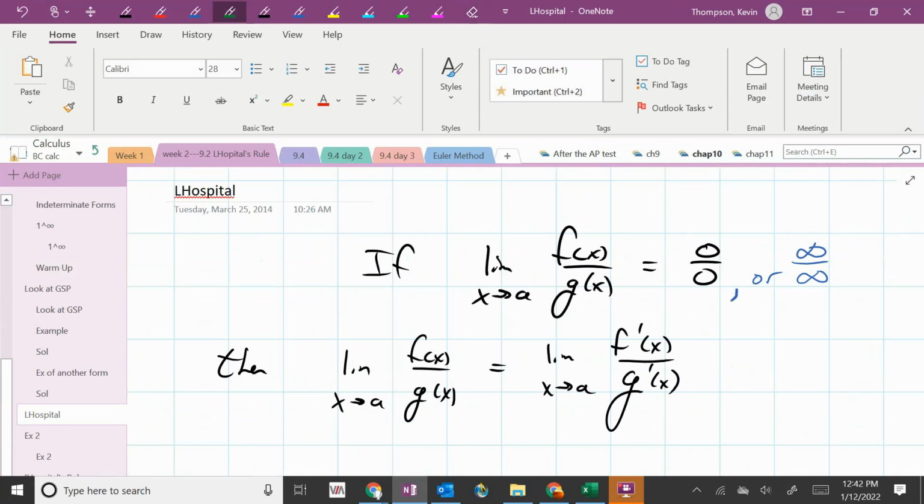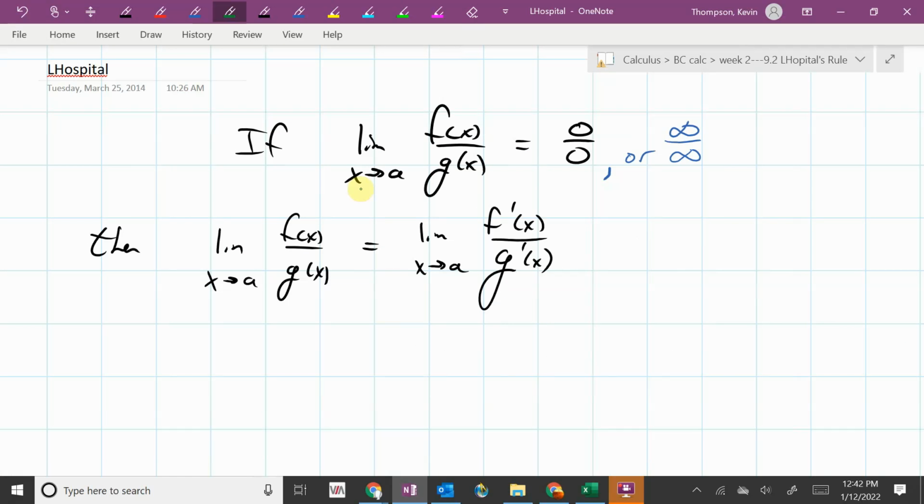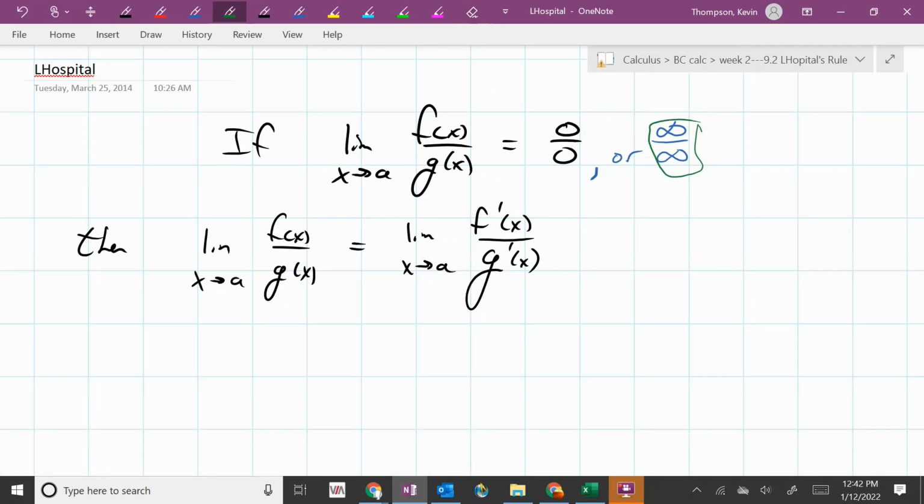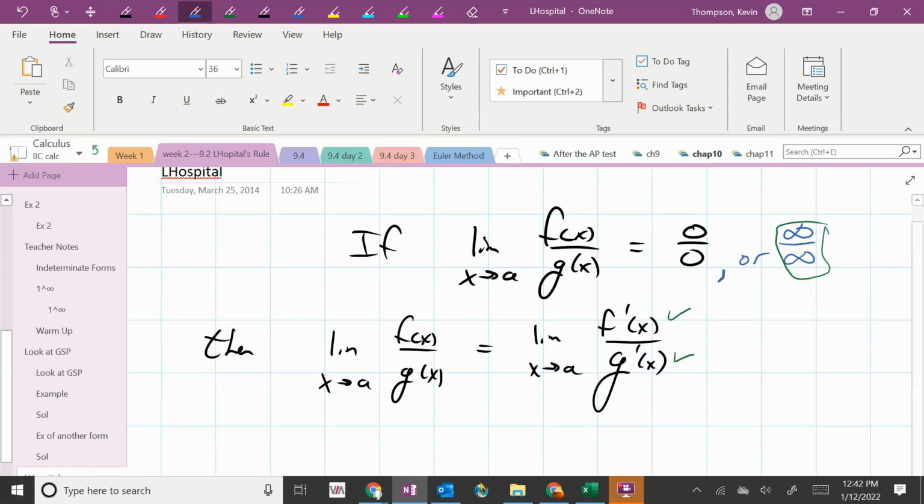So if we're trying to find some limit of some quotient, okay? And if I get 0 over 0 or infinity over infinity, then the limit that I'm interested in, which is the original problem, is the same as the limit, approaching the same value, of the derivative of the numerator divided by the derivative of the denominator. So this is not quotient rule. That's not what's happening here. We're just saying that the derivative of the numerator, derivative of the denominator here, nothing else than that, would give us the same answer. So if I flip back to these problems that I just started with,